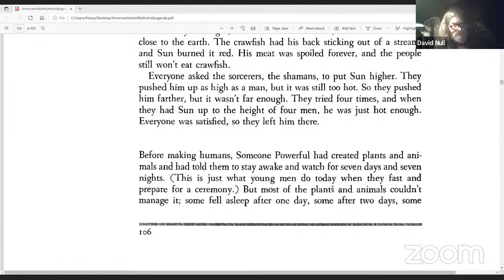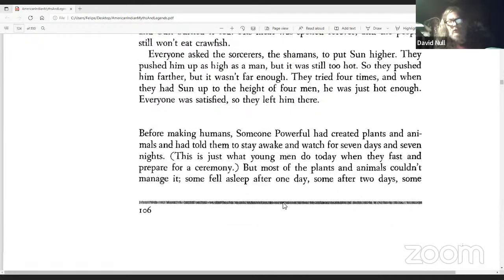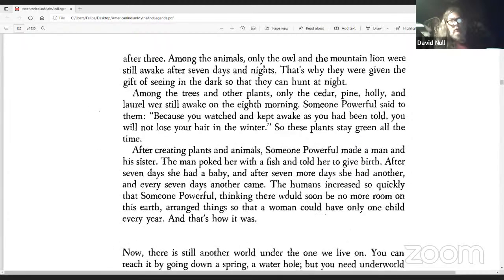Before making humans, someone powerful had created plants and animals and had told them to stay awake and watch for 7 days and 7 nights. This is just what young men do today when they fast and prepare for a ceremony. But most of the plants and animals couldn't manage it. Some fell asleep after 1 day, some after 2 days, some after 3. Among the animals, only the owl and the mountain lion were still awake after 7 days and nights.